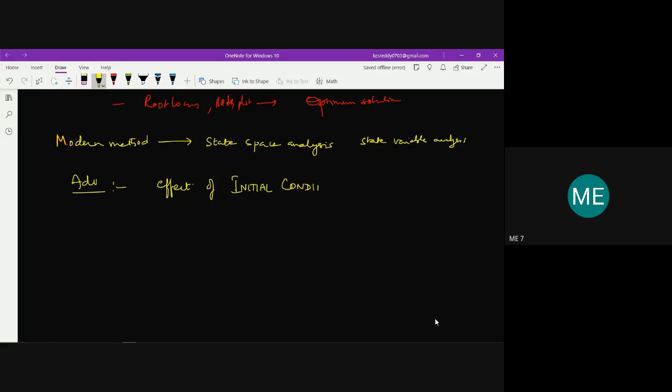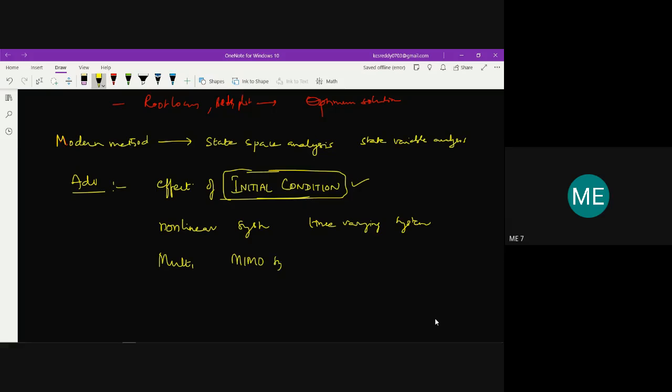So at time t is equal to 0, what is the effect of this initial condition on the system? That will also be taken into consideration. And this state space method can also be applied for nonlinear systems and time varying systems. So we can apply this state space method to nonlinear systems as well as time varying systems, and it can also be applied for multiple input,